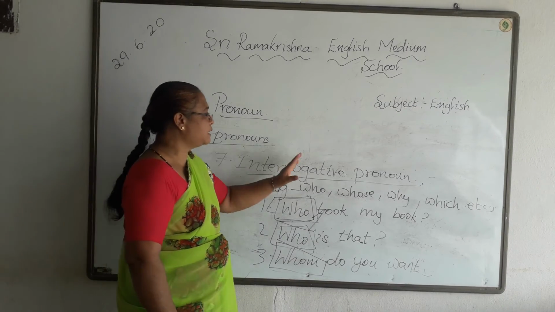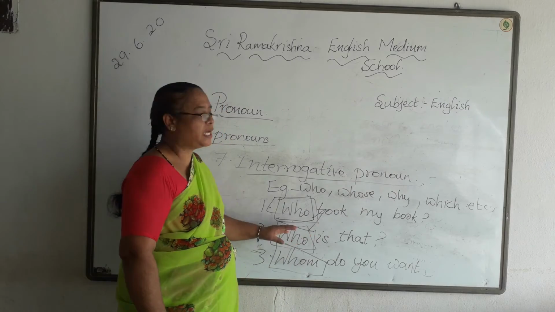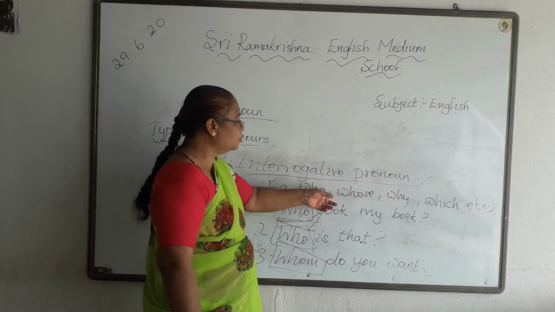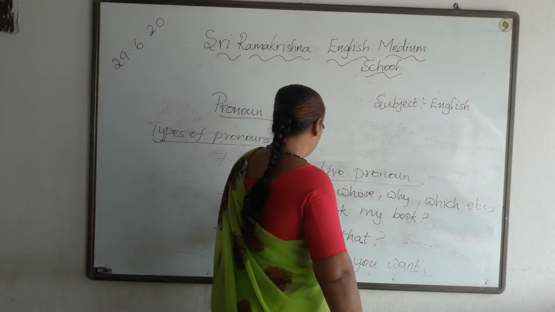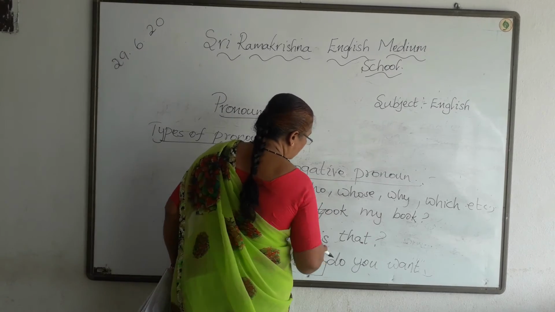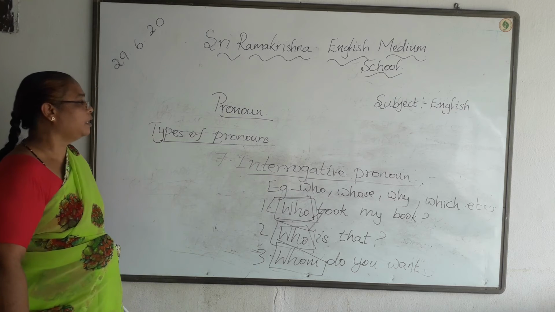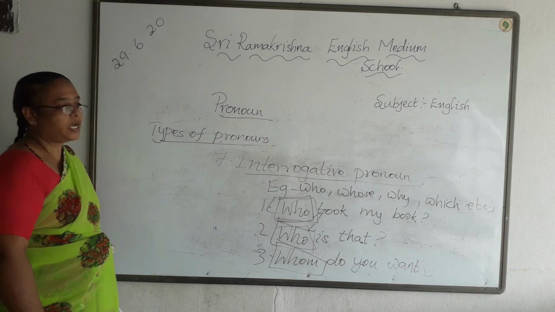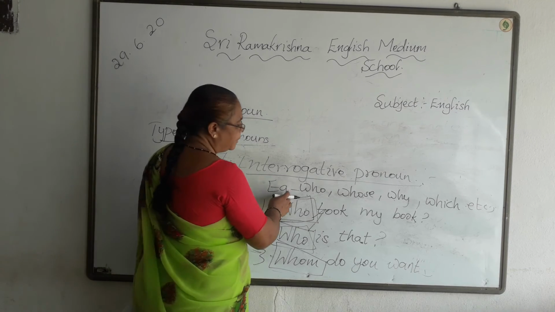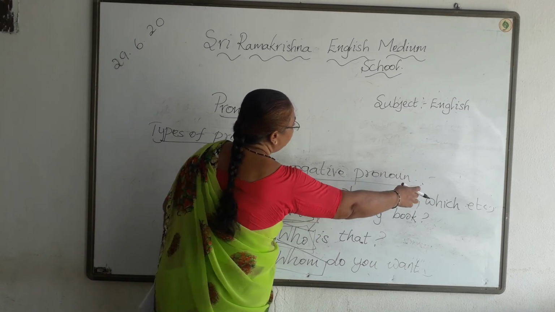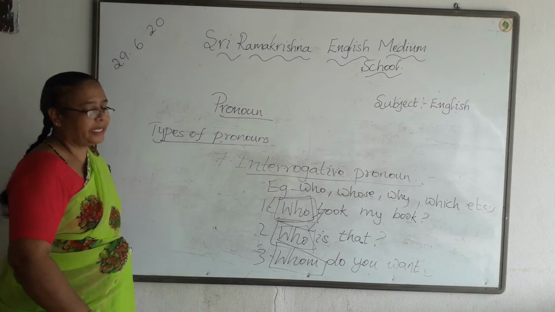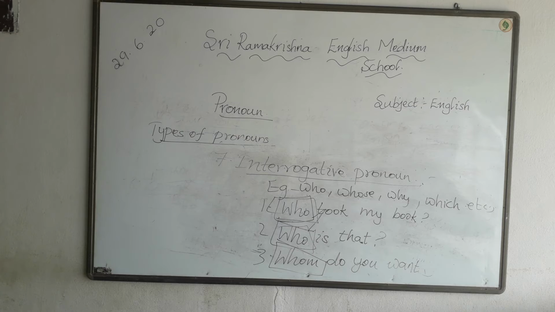So the seventh one is the interrogative pronoun. This is used to ask questions like who, whose, why, which. Example: Who took my pen? Who is that? Whom do you want? Did you understand, children? Interrogative pronouns are used to ask questions. Okay. Next, finally, the last one is